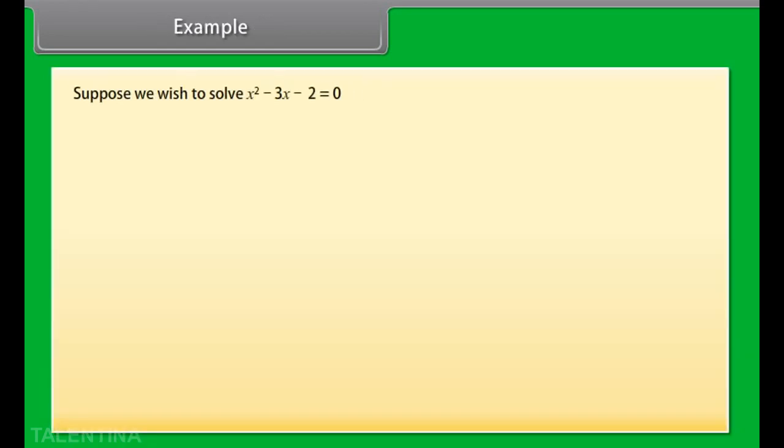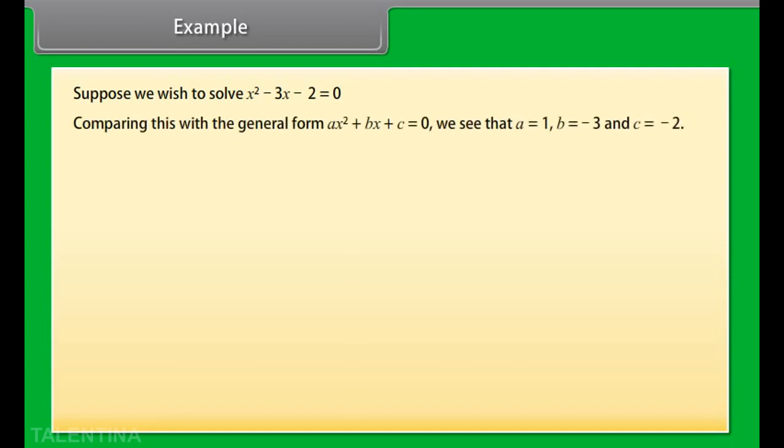Example. Suppose we wish to solve x² − 3x − 2 = 0. Comparing this with the general form ax² + bx + c = 0, we see that a is equal to 1, b is equal to −3, and c is equal to −2. These values are substituted into the formula. It becomes